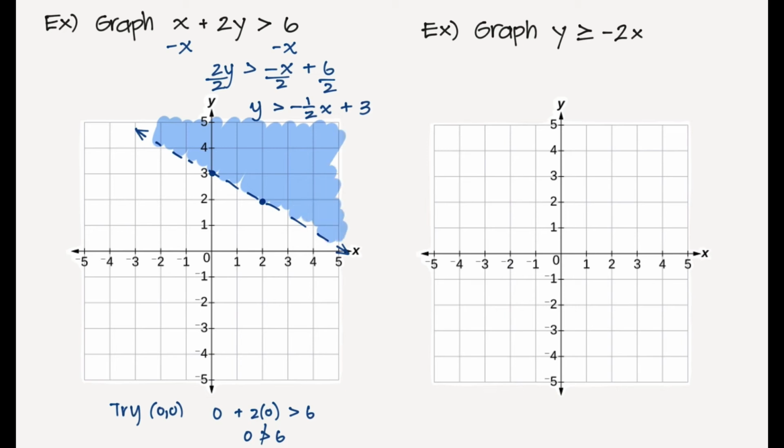All right, one more here. I have y is greater than or equal to negative 2x. So again, the y-intercept is just right there at the origin, and I'm going to go down 2 and over 1. This will be a solid line,